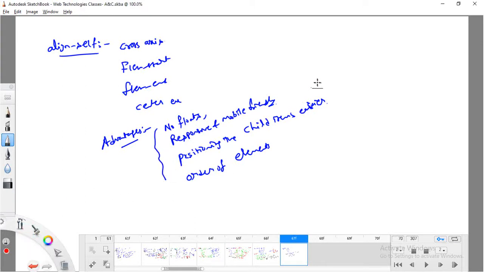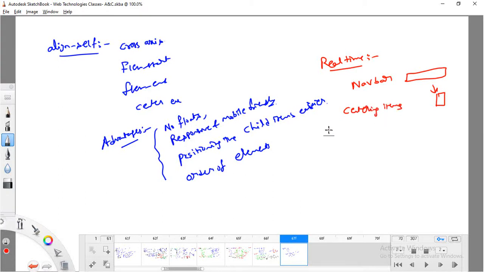And if you observe various kinds of real-time examples, we'll take that in the next videos. We can develop a navigation bar. We will take a horizontal navigation bar, and if the screen size is small, we can convert it into a vertical navigation bar. We can center the items easily.